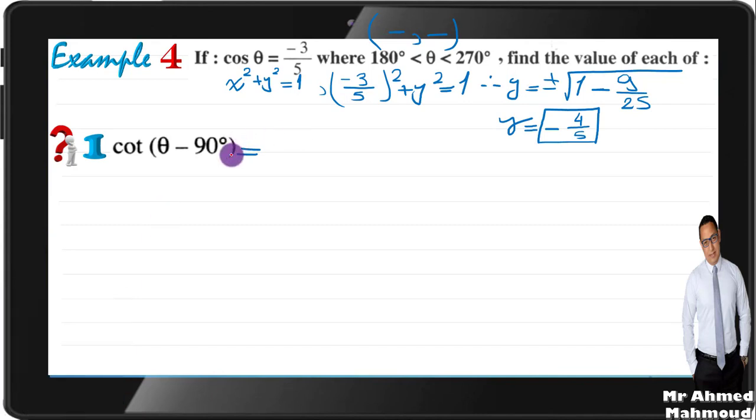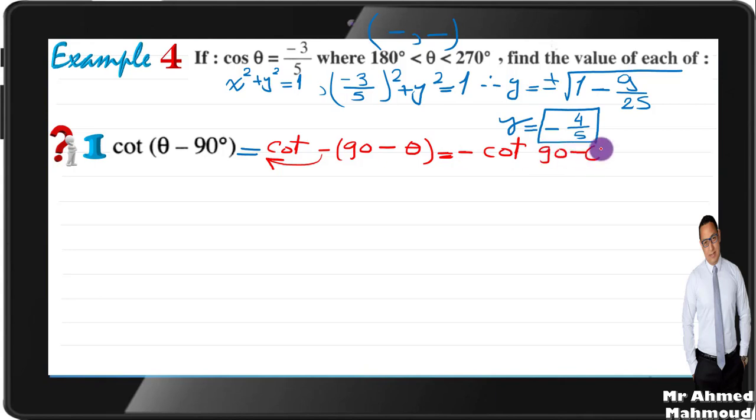theta minus pi over 2. Okay, this is not 90 minus theta. This is theta minus 90. So I will make it cotan negative bracket 90 minus theta. This is the first step. And in the negative angles, okay, cotan still negative. It will make the negative outside like this. So it will be negative cotan